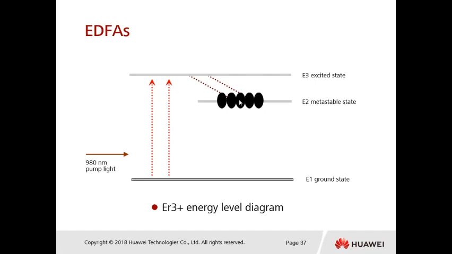The particles stimulated by the pumping laser continuously accumulate at E2 in non-radiative transition mode, achieving population inversion. And when optical signals with a 1550 nanometer wavelength traverse the EDF, particles at the E2 level are stimulated by the signal photons. Then those particles transit to the E1 level in the stimulated radiation mode and generate photons the same as